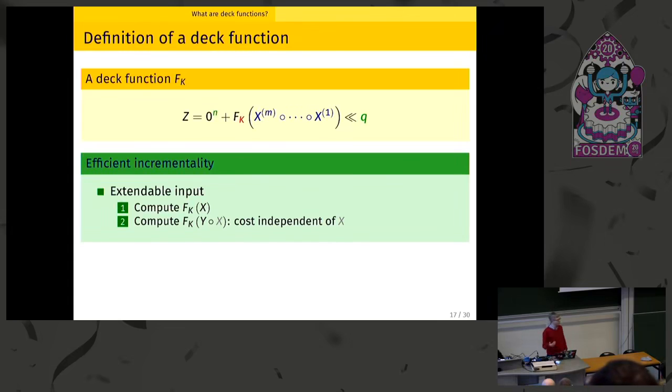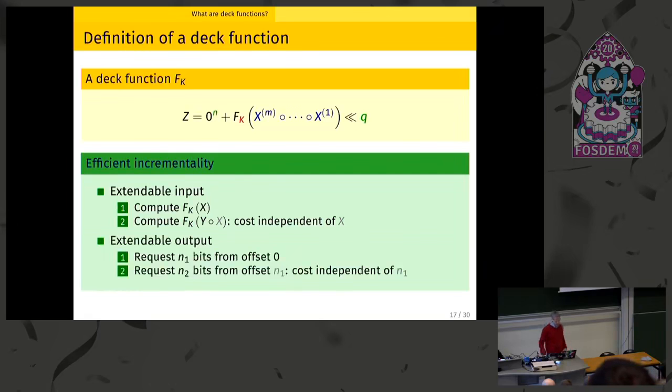You don't need to pay again for x when evaluating f of y after x. So that's incrementality on the input. On the output, it's also very simple. You can take some bits of output, and if you need more, you just pay for these extra bits. You don't need to start all over again. Okay, so that's the doubly extendable feature of a DEC function.